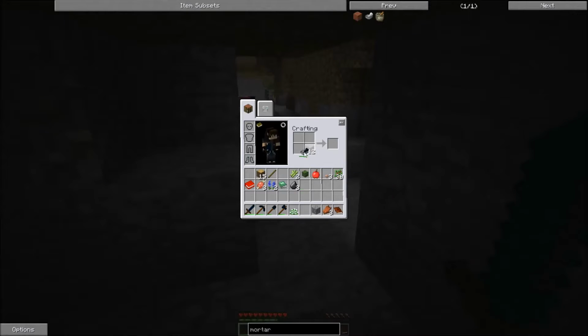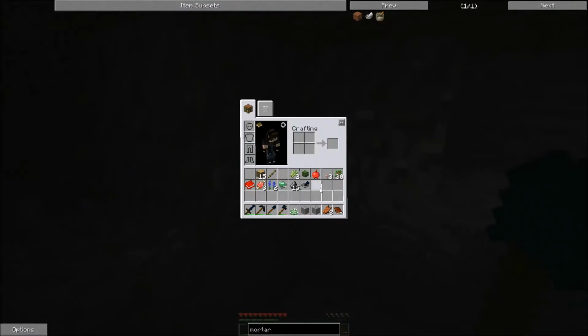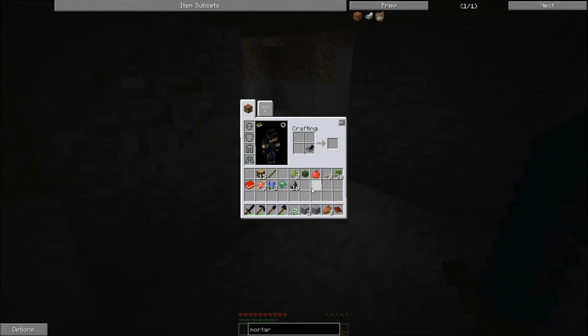Alright, there's 12 pieces of gravel. And if you notice, it's already just about broken. So, I'm thinking like, what, one more? No, it's still hanging in there. I think we got 2 more on it. It's like 400 durability, I think, per...